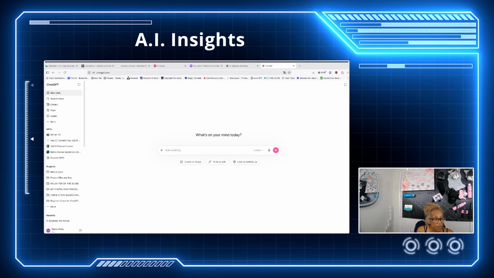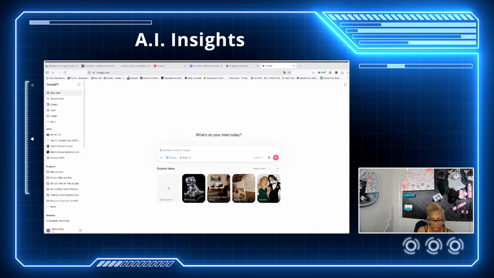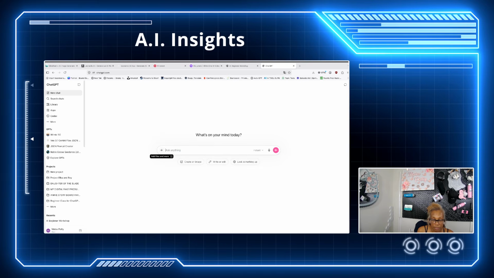All right. So now we're at ChatGPT. It's pretty simple. Okay. It also has in the middle here where you're going to do your prompt. Here, the good thing about ChatGPT, because we're just going to call it CT, you can create images here, and you can browse using here. Okay. If you don't want to do that, you can hit the plus button here. Okay. And it's going to ask you, do you want to add a photo or a file? You want to go